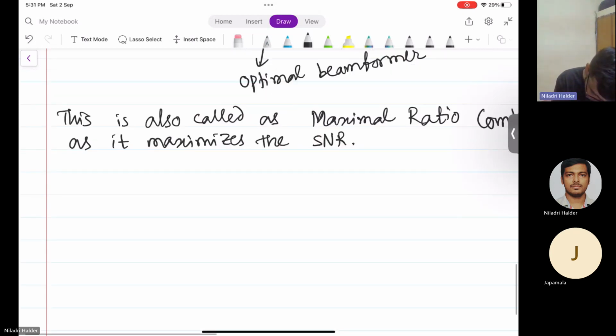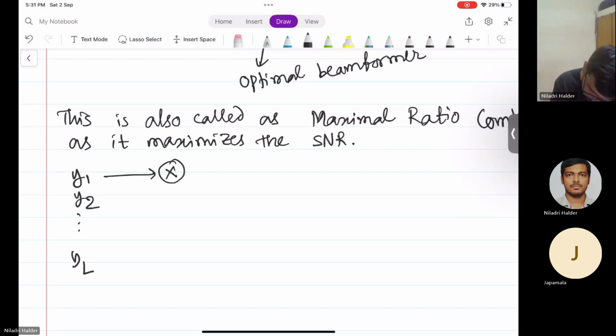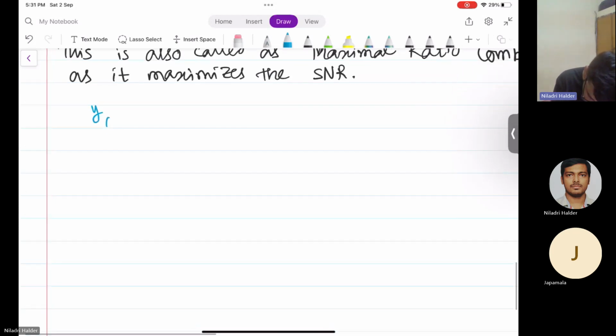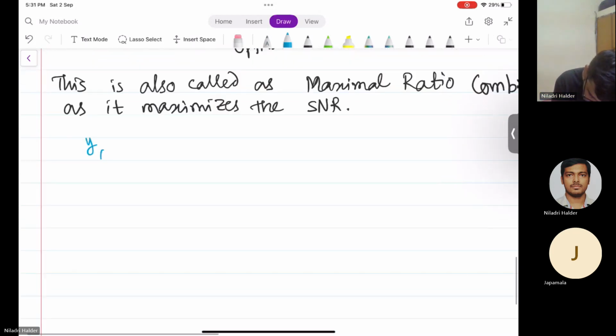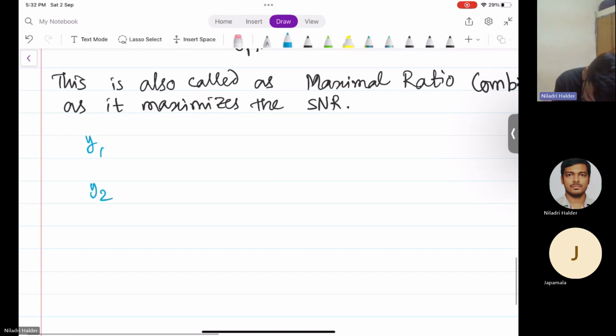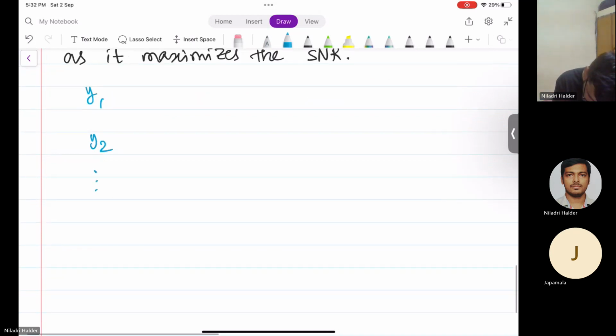That means suppose we are getting these y1, y2, yL vectors. Then at the receiver we are multiplying y1, y2, yL